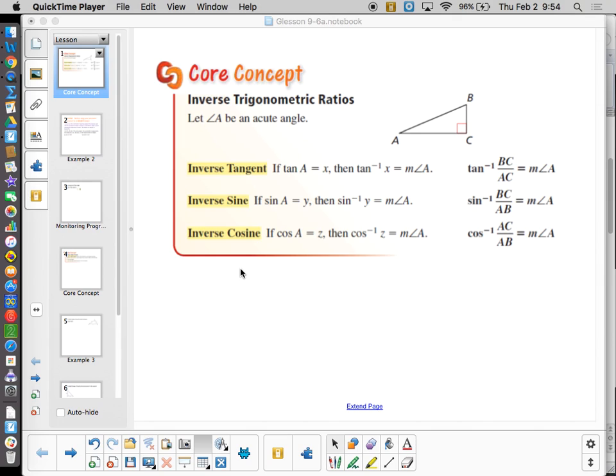Since we've learned our sine, cosine, and tangent functions, now what we're going to do is work them backwards by using the inverse functions. What we learned basically the last few days is that the sine